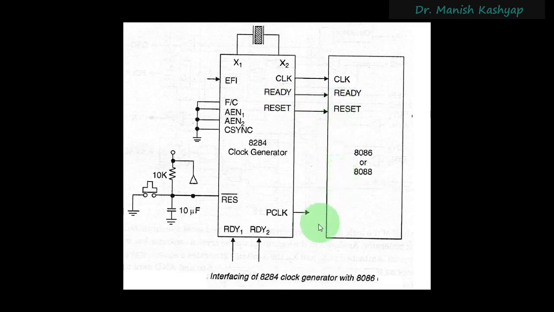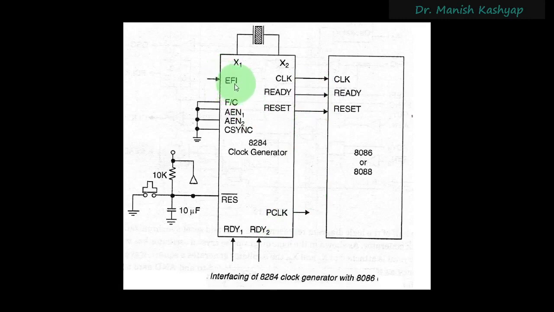Then you have got this peripheral clock, PCLK. Peripheral clock is also there, and it has got its separate output. This will be connected to the peripherals which will be interacting with the microprocessor. And you will soon see, when we study the internal structure, that this peripheral clock is fairly slower as compared to the X1, X2 crystal frequency that we have attached here. So this peripheral clock output is also there. So we are mainly interested in these four signals.